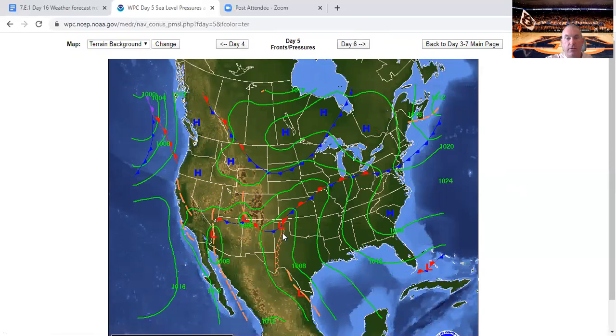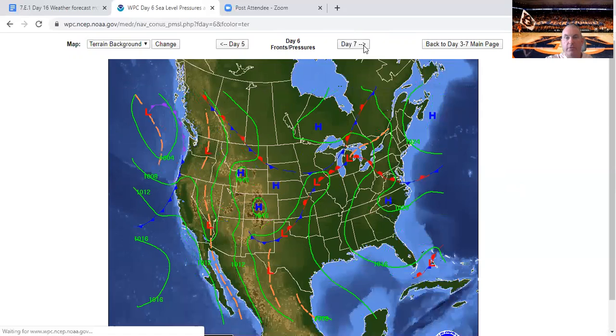Day 6, that line is still in the same spot. That low is about the same spot. Now we've got a stationary front up here. The high over the Carolinas is still kind of wandering downwards. Day 7, that high is still over the Carolinas. It hasn't gone anywhere. Now again, here, front,